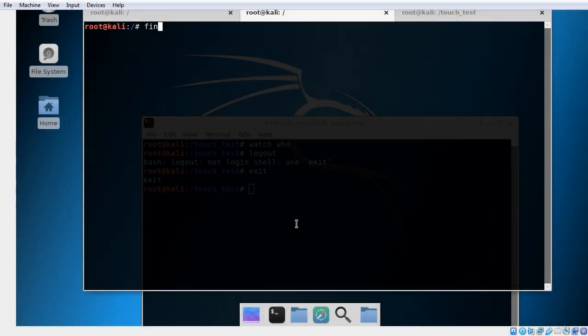Next commands, find or locate. Okay. So the find command is for recursively filtering objects in a file system to search for a file or directory on your file system. The locate command